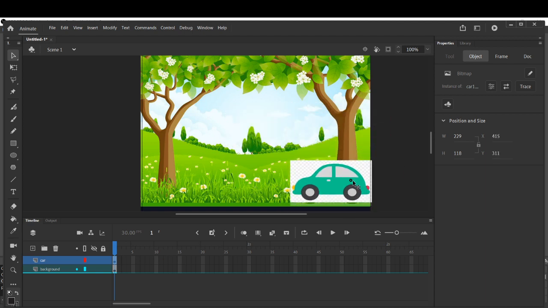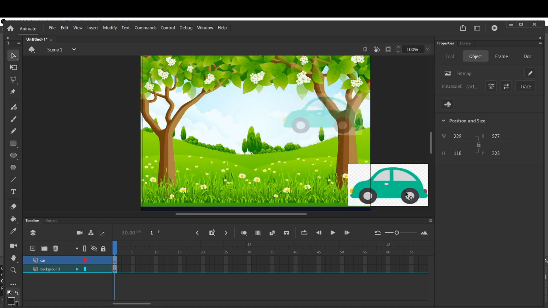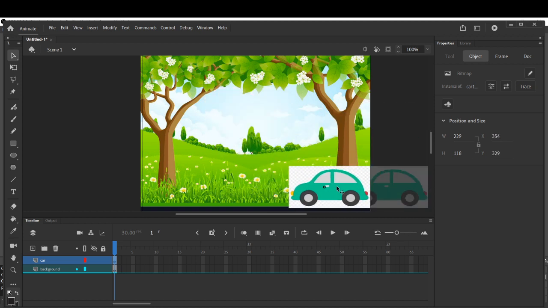You do not want your car to fly in this way, or jump over here and there. You want your car to stay fixed just here. So after adjusting the car layer with respect to the background layer, now all your work is set. Now you can lock it.